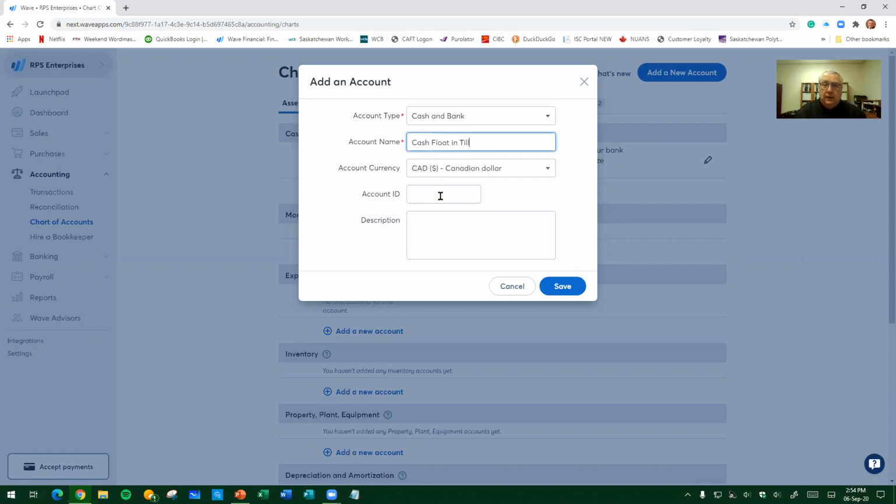Now we could put an account ID on this, and this is an interesting idea. There is something out there used by CRA called GIFI codes. Some people like putting their GIFI codes in here. That's just fine. The only real application I can think of is for anyone that is, for example, in the rural setting, operating a farm and has a relationship with